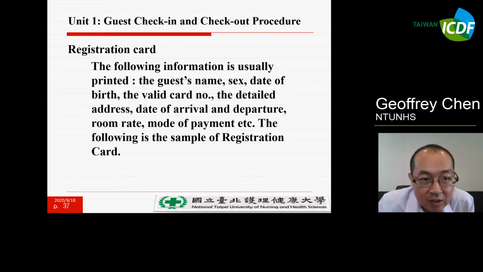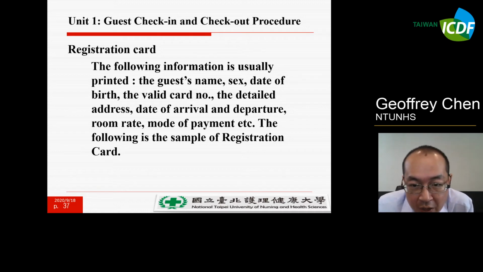The card contains information printed about the guest's name, their status, the date of birth, the valid card, and some individual personal information like address, the date of arrival and departure, time, room rates, the mode of payment, and so on.